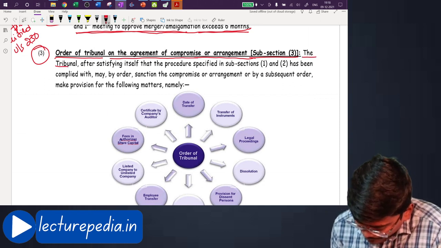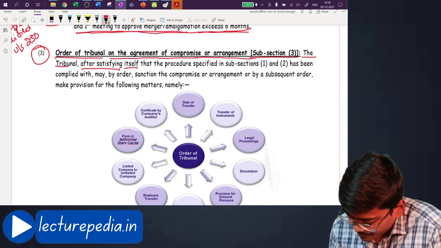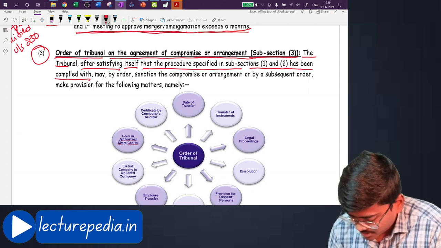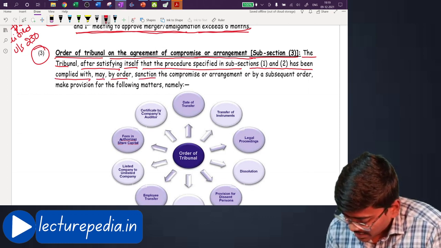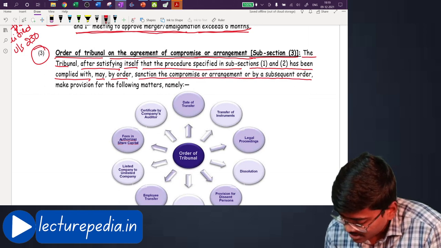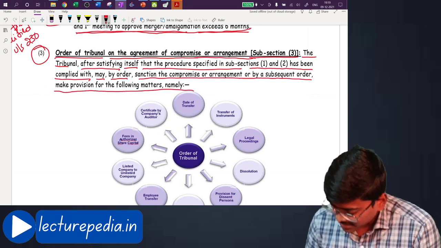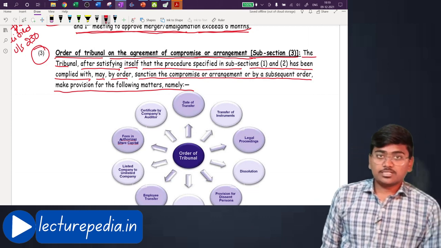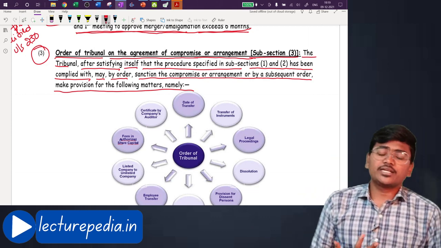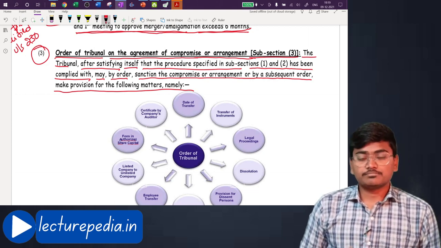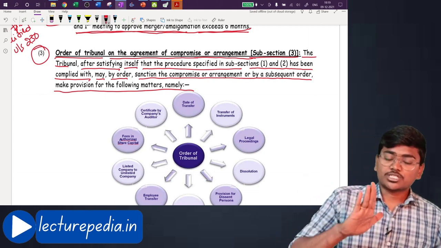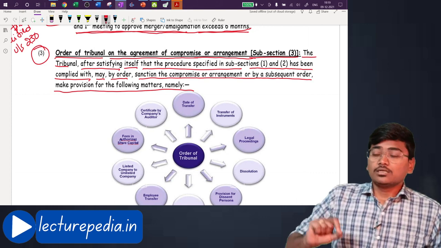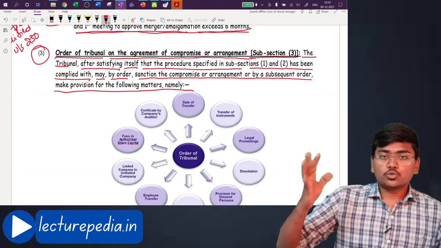The tribunal, after satisfying itself that the procedure specified under subsections 1 and 2 has been complied with, may by order sanction the compromise or arrangement, or by a subsequent order make provision for the following matters, namely. See, if the tribunal is satisfied that the compromise relating to this amalgamation or merger is as per the requirements specified under subsection 1 and 2 and requirements specified under section 230, then this tribunal will give the final order